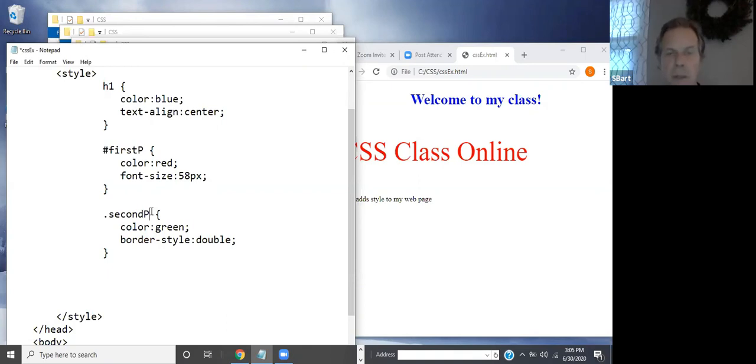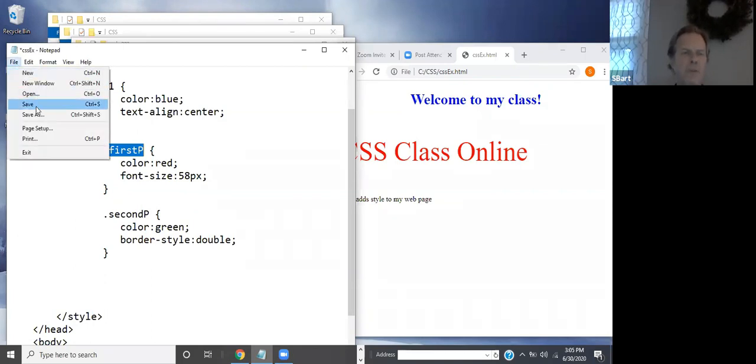Now, a class can be given to multiple elements. An ID has to be unique. So first P cannot be used in other elements. It can cause your program to blow up, all right? So an ID should be unique, all right? It has to be unique. So let's run this program. All I have to do is file, save,